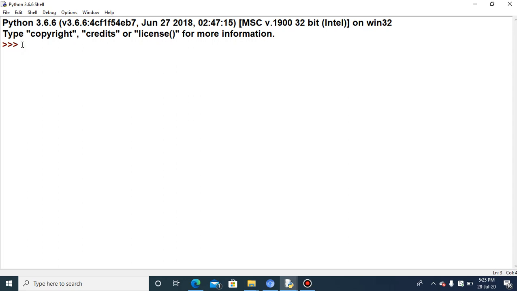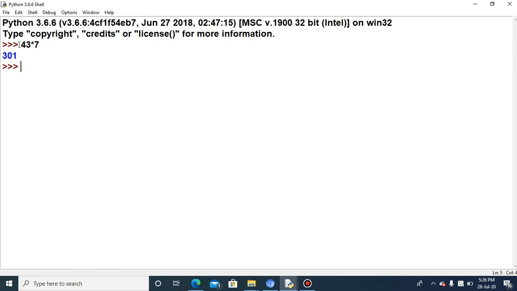Okay, suppose I want to multiply values like 43 multiplied by 7, and we want to see the output or the result. Then directly we will write the numbers and press the enter key. As soon as you press the enter key, you will see the output. So 301 is the result when you multiply these numbers. So you can say it is a simple type of calculator too. Nothing you need to specify, only the numbers.